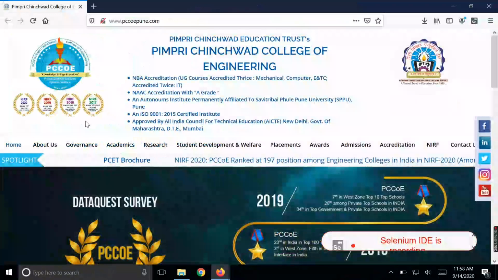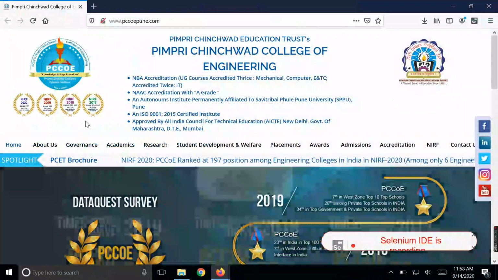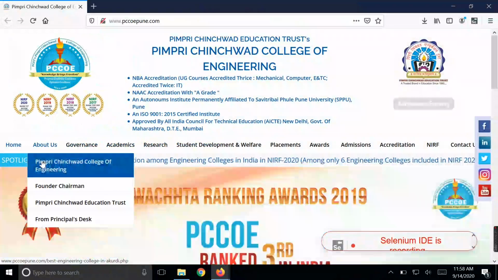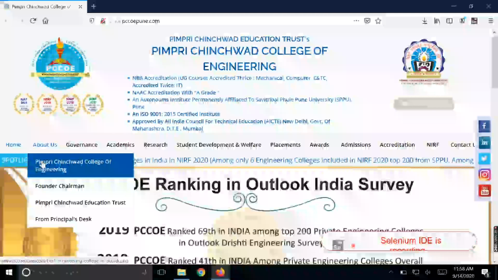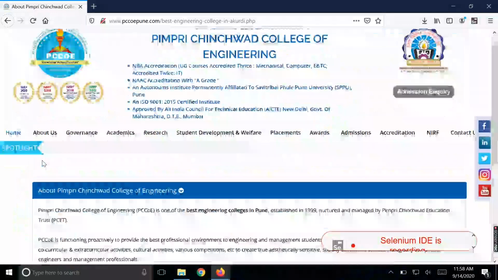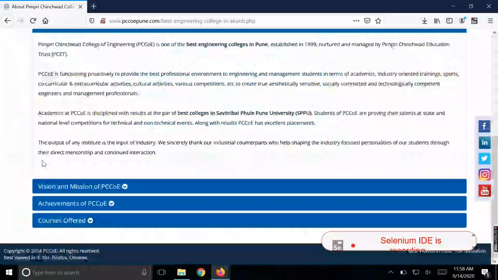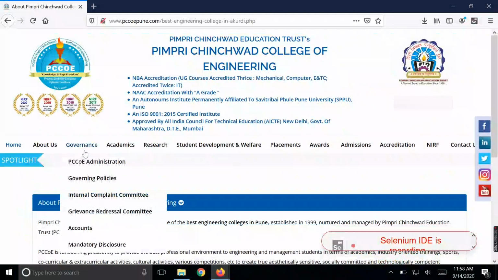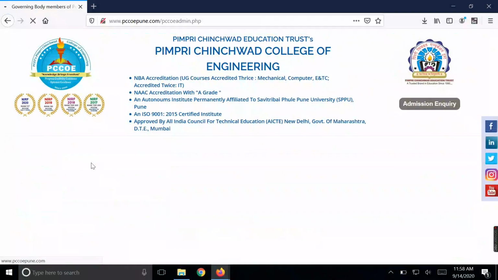Now suppose I go to the website, let's say for example different numbers of pages are there on the website, and if I hit the first page called About Us and Pimpri-Chinchwad College of Engineering, now I can see the different content, whether all the content is proper or not, whether all the controls are placed, and like that I can visit multiple pages.